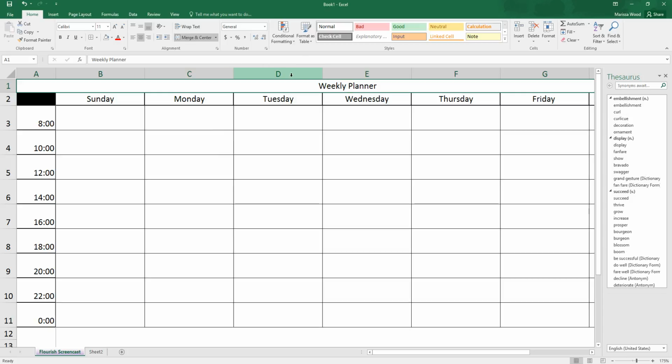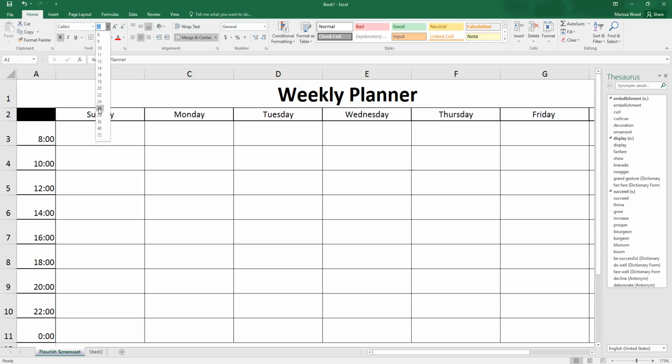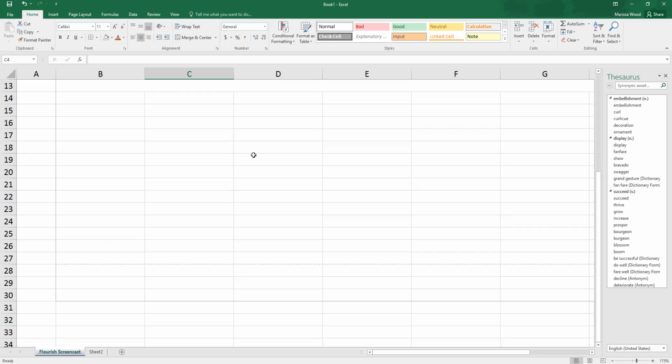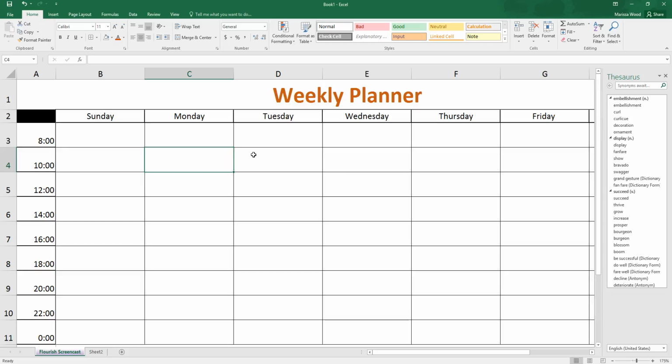Okay, so my weekly planner's there, but now I want to set it apart a little bit more, so I'm going to make it bold, and I'm going to change, that's where you make it bold, and then I'm going to change the font sizing up here, so I can make it really big. Okay, weekly planner. And then I want to make it pretty, so I'm going to change the color for the fall. There we go. Nice and orange for fall. Okay. Well, again, you can stop here,